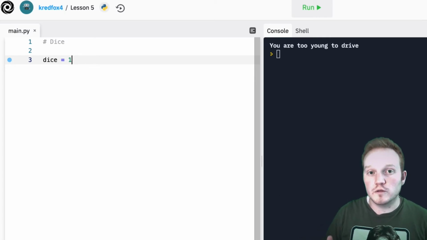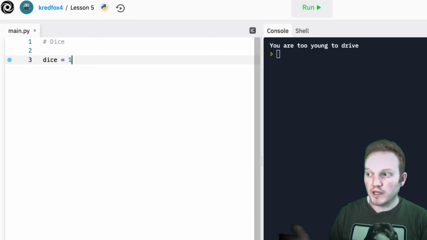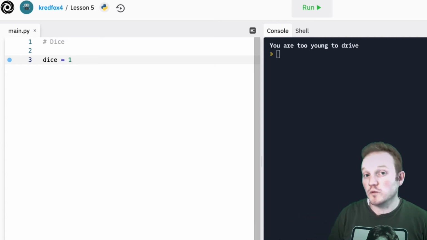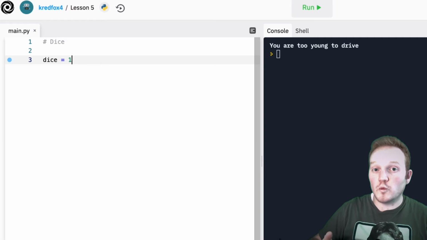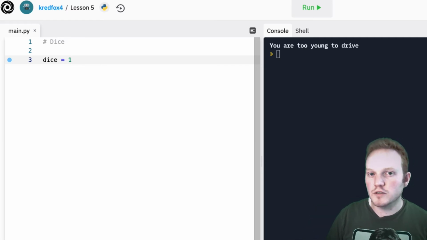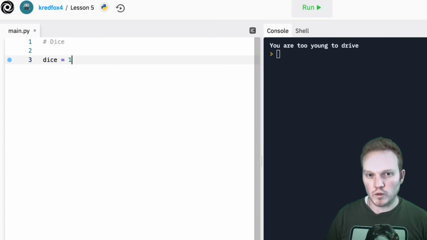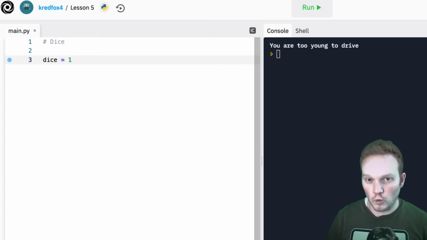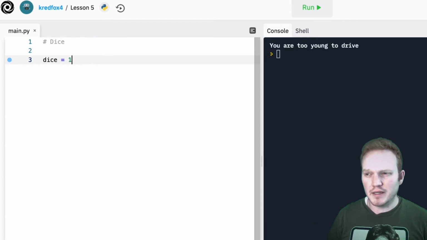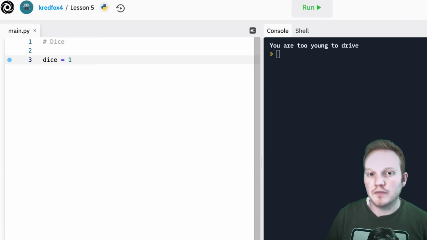I've been getting some questions from followers on other sources that ask me, why don't we just use a random generator to produce a random number between 1 and 6? Well, we will at the end of the program. The reason why we are hard coding a 1, 2, 3, 4, 5, and 6 now is because I want to test each one. If I wanted to test to see if 1 actually prints snake eyes, I might have to click the run button about 30 times to even roll a 1, just to make sure it works. So to save a lot of time, I'm going to hard code those values in